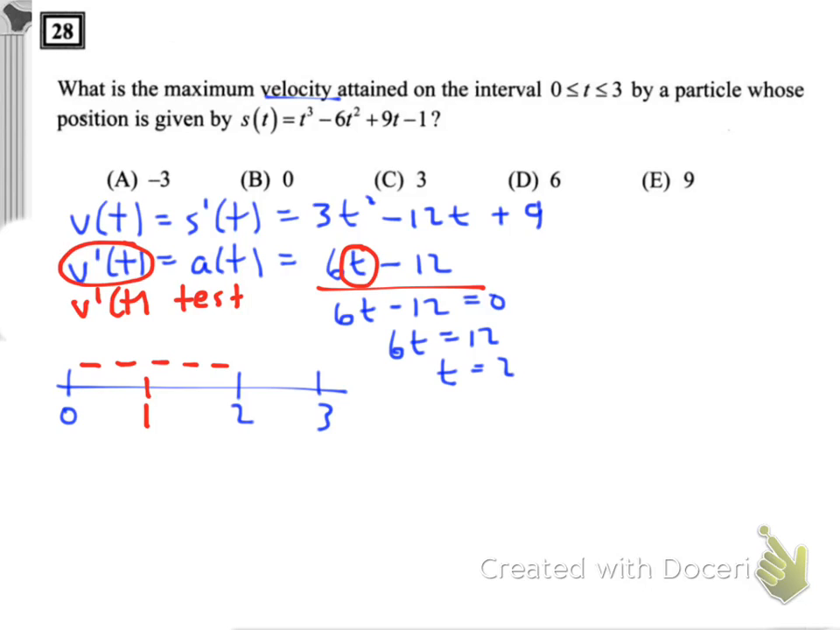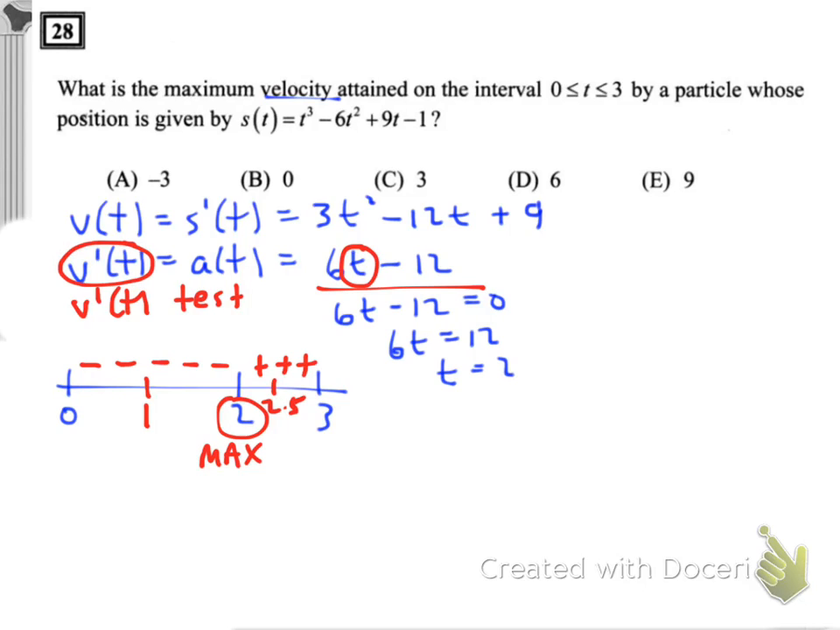And then on the interval from 2 to 3, let's say we replace t with, I don't know, 2.5. Well, if 6 times 2 is 12, 12 minus 12 is 0, then 6 times 2.5 has got to be bigger than 12, and you subtract 12 from that, you're going to get something that's positive. And so we see that when t is equal to 2, the velocity is at a maximum. So that would be,